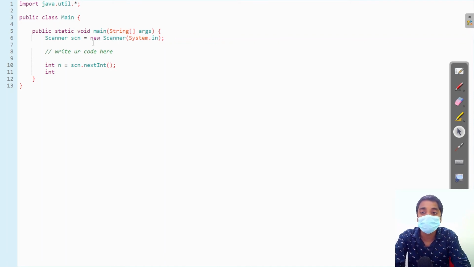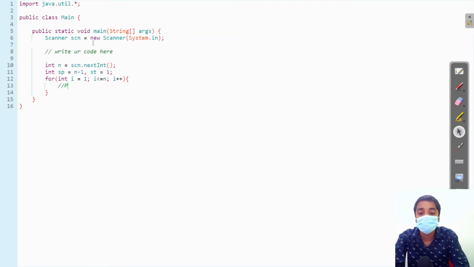So for the spaces, sp will be n minus 1 and the stars will start from 1. Now we need to print all the rows. So i is equal to 1, i is less than or equal to n, i plus plus, this will print n rows. Now first we need to print spaces.